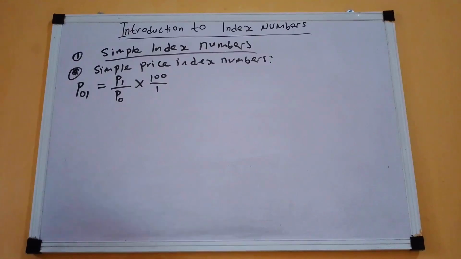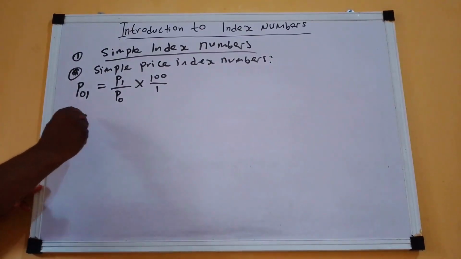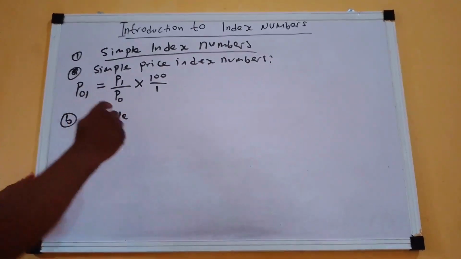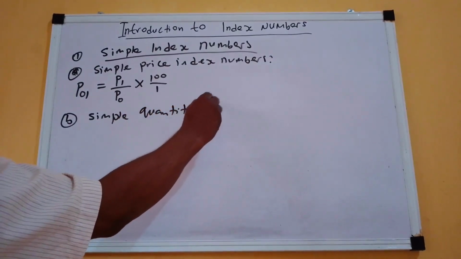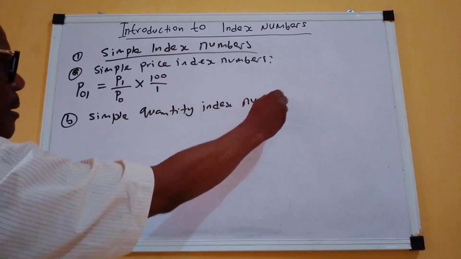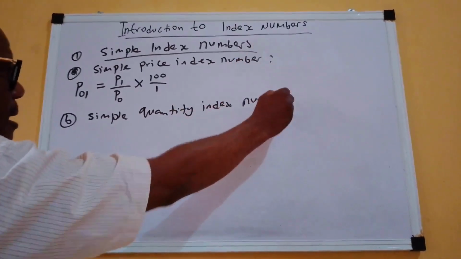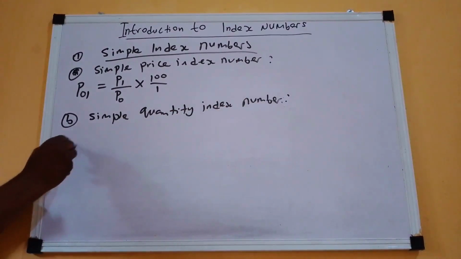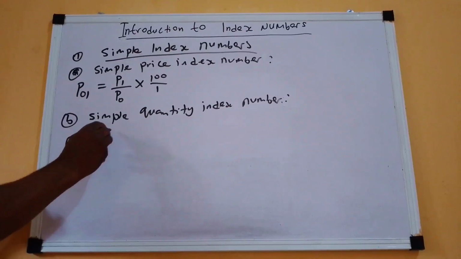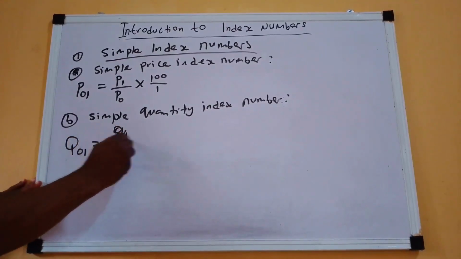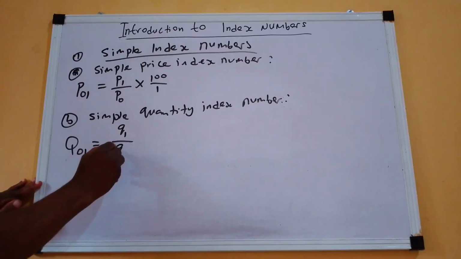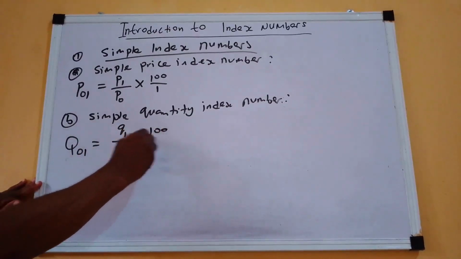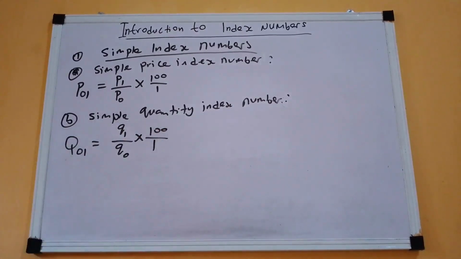Likewise, the B part is for the simple quantity index number. This one is written as Q01 is equal to Q subscript 1 over Q subscript 0 times 100 over 1. One of the characteristics, we were told that index numbers are always given in